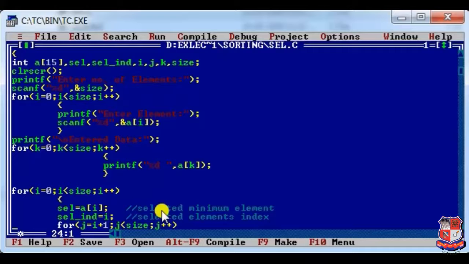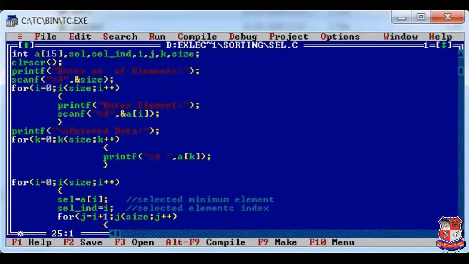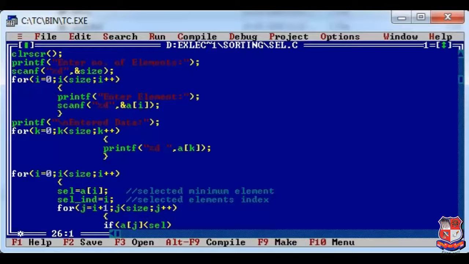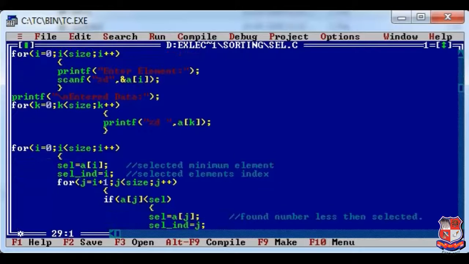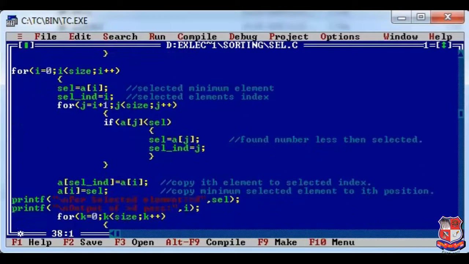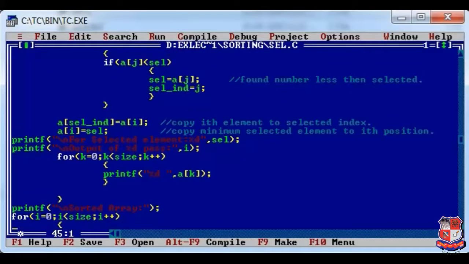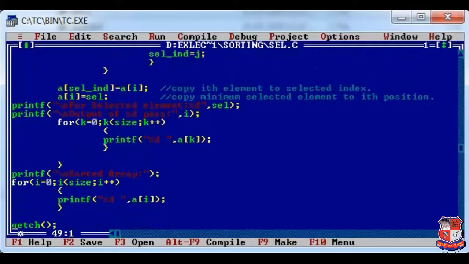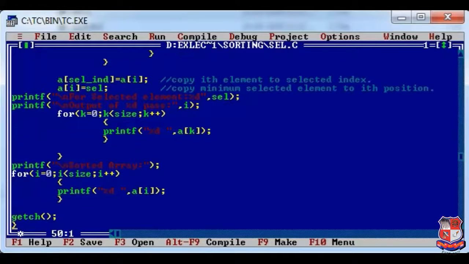We need to always remember in selection sort, we are looking for the smallest element in our existing array and try to place them on its proper place. As the pass progresses, our array will be reduced to 1 and the last element will be sorted out automatically. I hope in this lecture you have understood 3 algorithms.